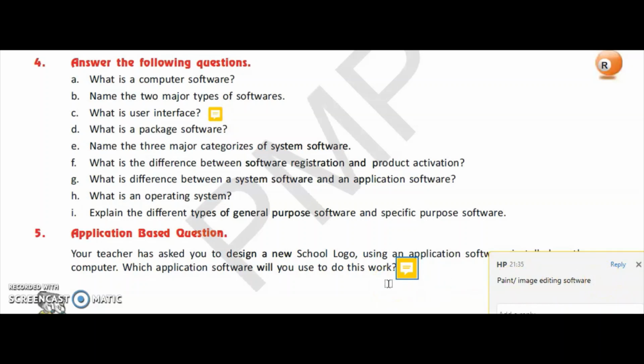Here we finish off with the question answers part. First, mark the answers. Application based questions also, you have to write this question in your notebook. So you just have to write the question number 4 and 5 in your computer notebook, and rest of the questions you will complete in your book. If you don't have the book, then you can write it separately in a rough notebook, and whenever you purchase the book or you get the book, then you can write it down in your computer notebooks.